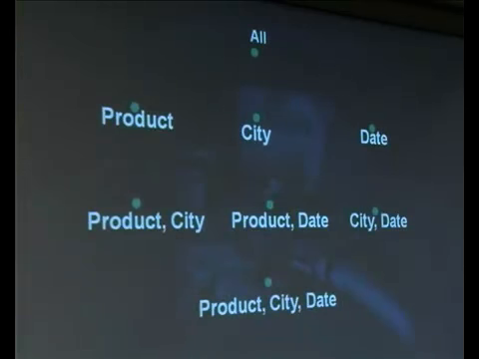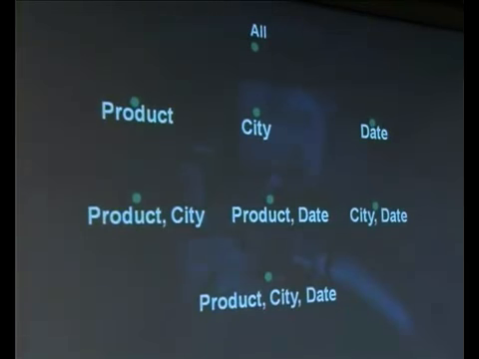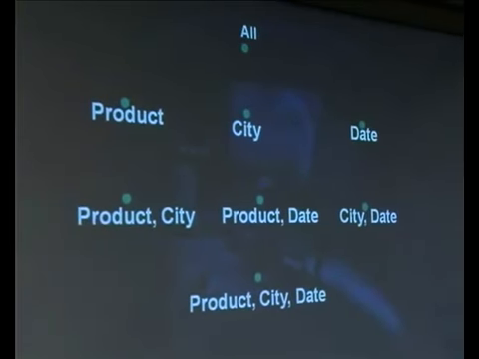As I mentioned, since there are three dimensions involved here, we have 2 to the power of 3, that means 8 combinations. All those 8 combinations are displayed here. I will show why it is called a lattice by taking the property associated with the data cube. As I mentioned earlier, a data cube contains only the aggregated values over the dimensions.